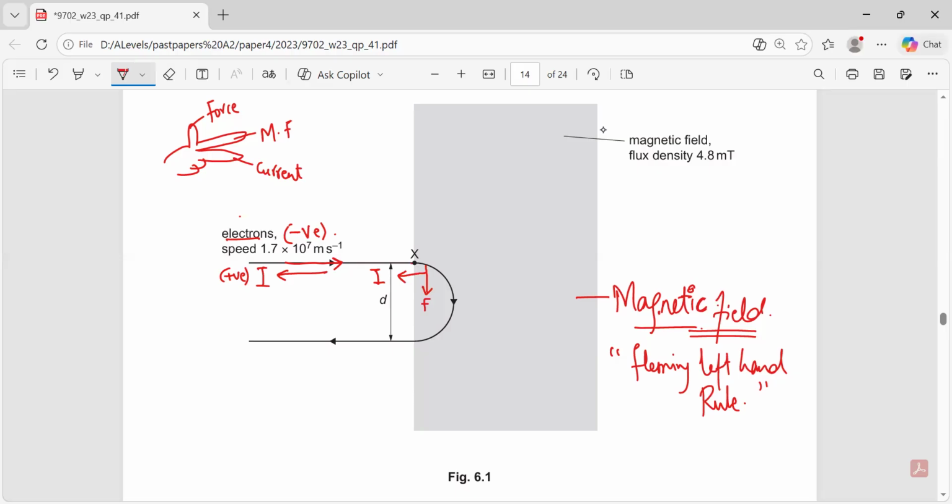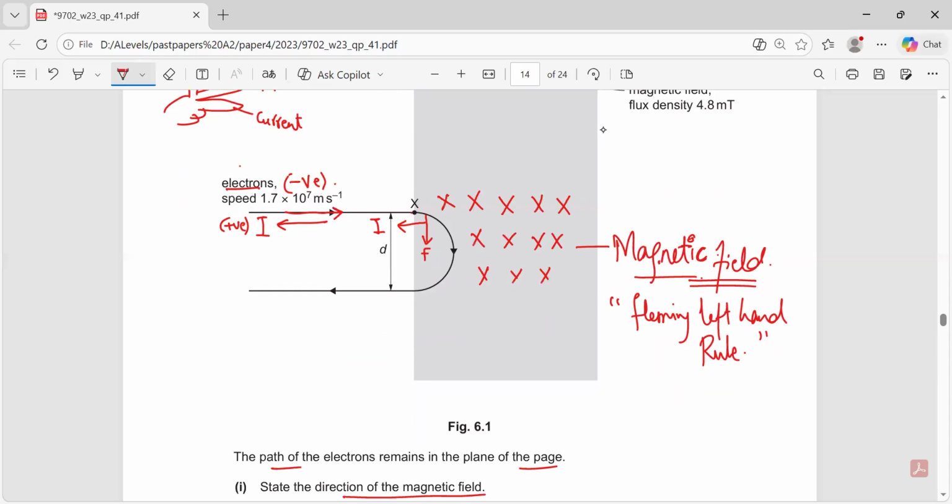तो हम अपने फ्लेमिंग के लेफ्ट हैंड रूल को यूज करते हुए इसकी डायरेक्शन निकालते हैं। तो अगर मैं फोर्स को डाउनवर्ड रखूं, अपनी मिडिल फिंगर को लेफ्ट की तरफ मूव करूं, तो मेरे पास जो फर्स्ट फिंगर है वो कहाँ पॉइंट करेगी? इट इज गोइंग टू पॉइंट आउट इनवर्ड्स। तो हाउ विल द मैग्नेटिक फील्ड बी? द डायरेक्शन ऑफ मैग्नेटिक फील्ड विल बी इनटू द पेज।